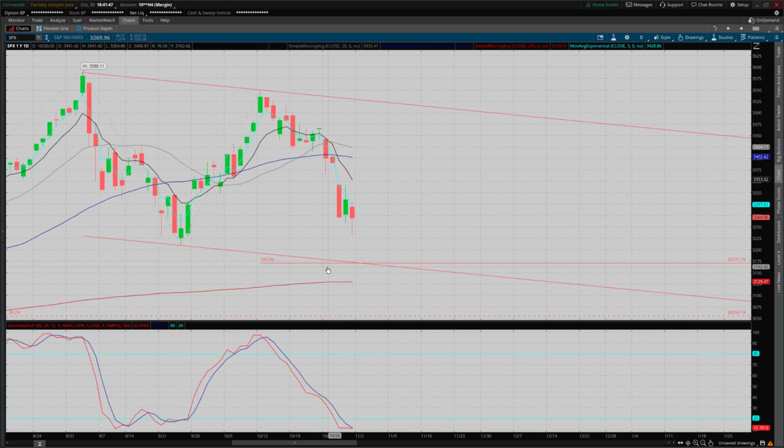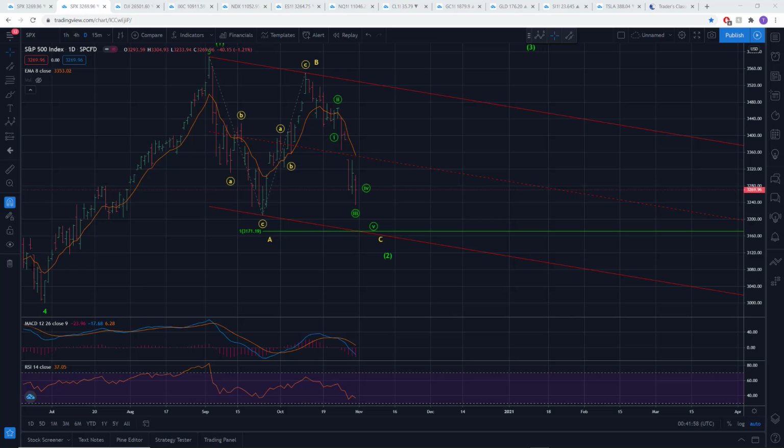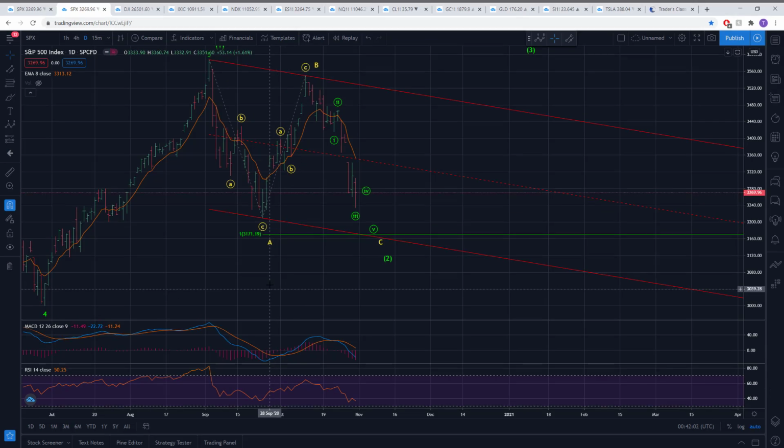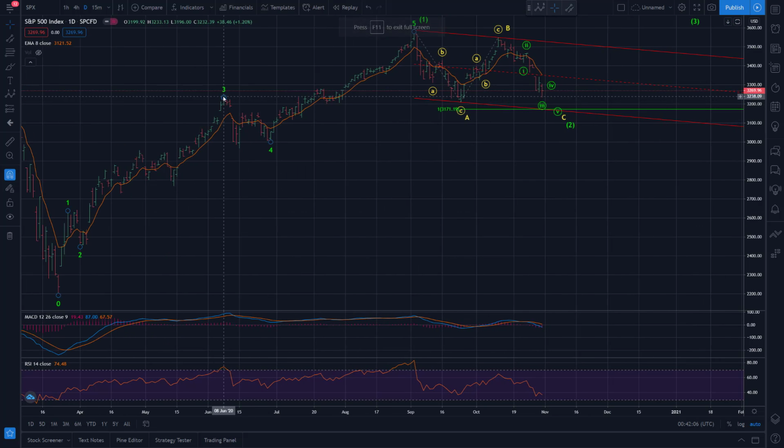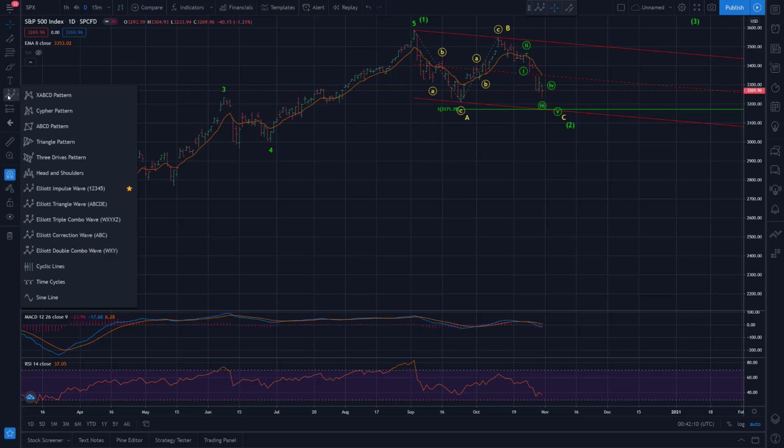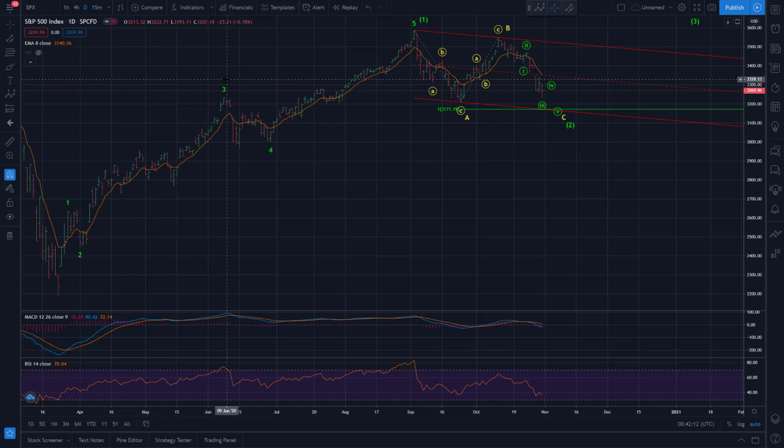Actually, you know what? That reminds me. I'll just go back real quick here, and we'll look at the SPX chart. And I'll just remind you, in the past here, here's a good example where we had this ABC pattern, and that was from the June high, actually. And then we came into what would end up being the June low. Oh no, that's still in June. Yeah, so from the June high to the June low,